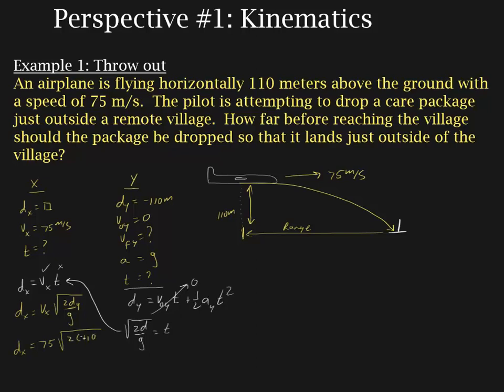110, that should be negative, divided by minus 9.8. So once again, you can see how important it is that you acknowledge that the displacement of the package is in the downward direction, which makes it negative. So this negative is going to cancel with that negative. So dx is going to be equal to